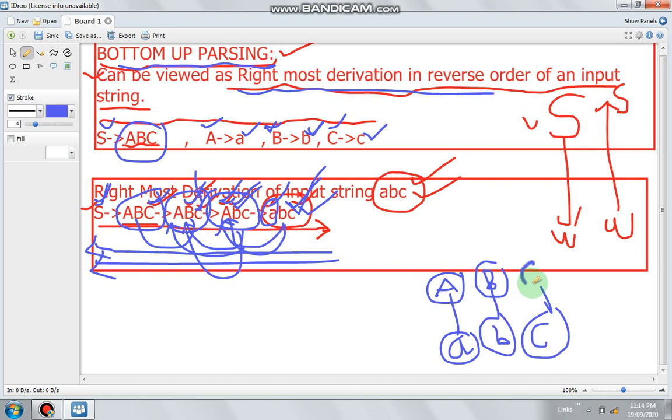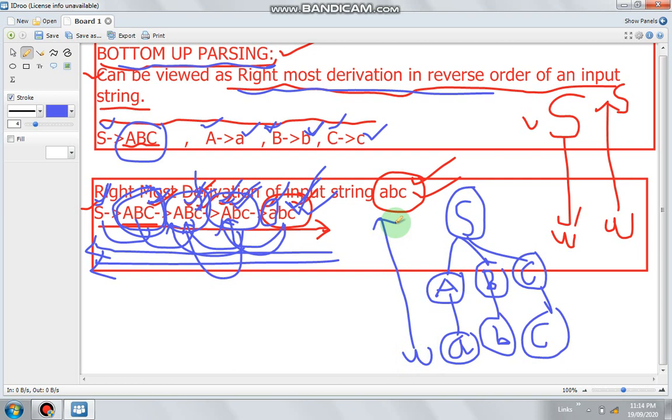This is small c replaced by capital C. Now this entire string ABC has been replaced by S. So make node S here and construct the tree. You can see here, this is the input string and the parse tree has been constructed in a bottom-up manner, and this is the start symbol of the grammar.